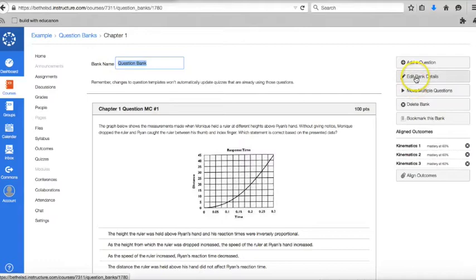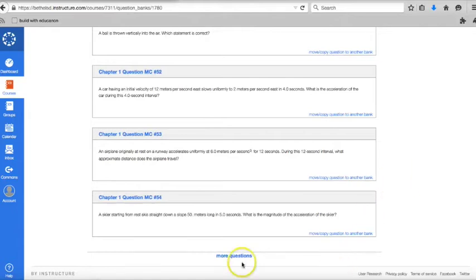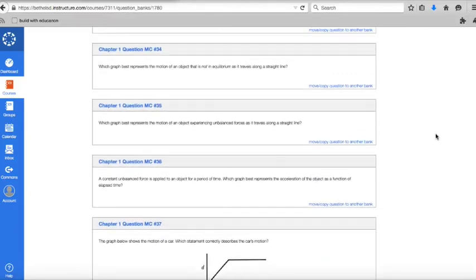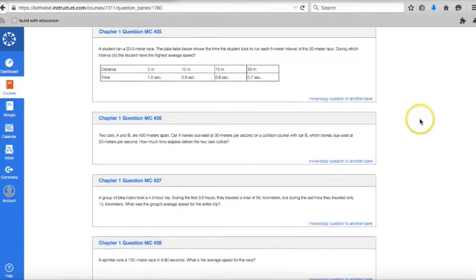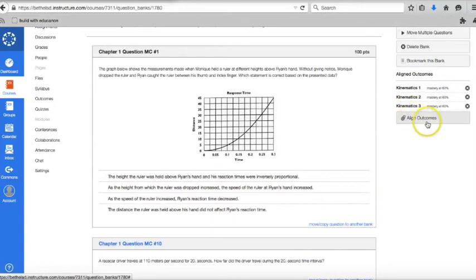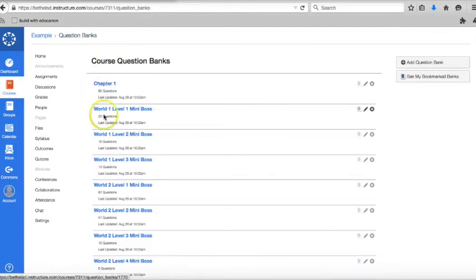So again, editing the bank details only changes the name. Anytime you make a change in Canvas, you want to save it. Aligning the outcomes automatically saved it into this bank. So there it is. Now if I were to go back to my question banks, it's still here. And if I were to go to quizzes,